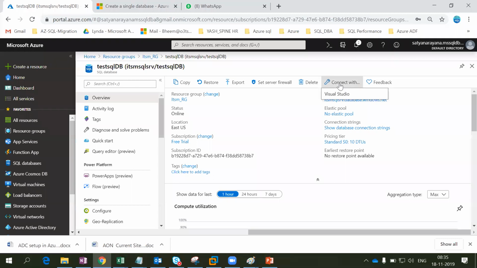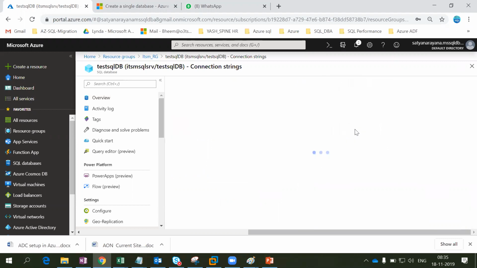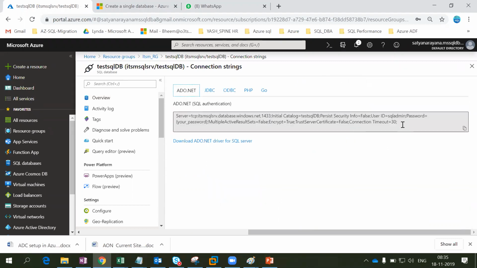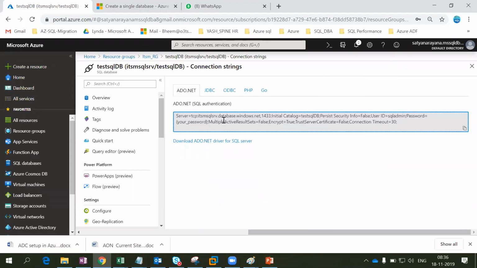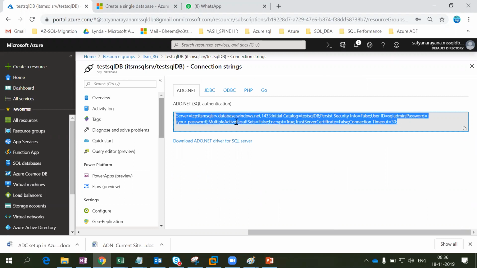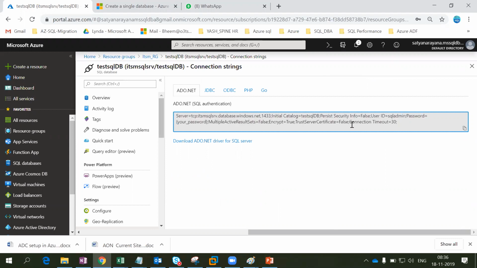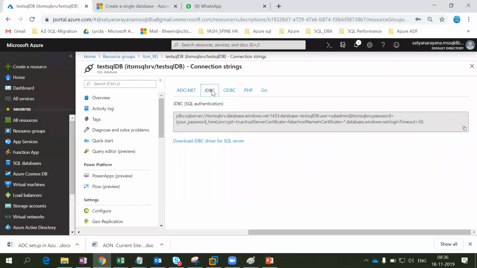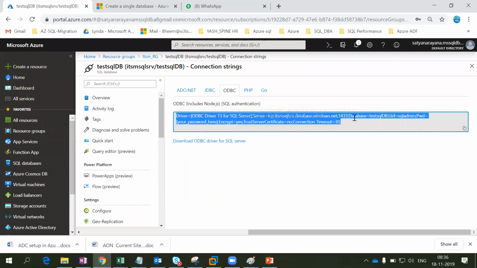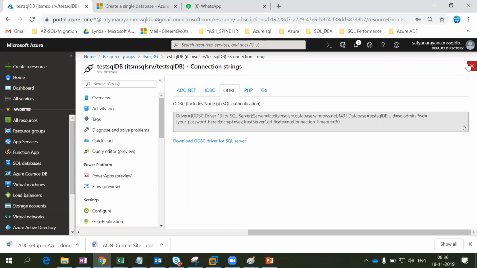Let's see the connection in Visual Studio. The connection string shows multiple connection strings here. You would have to share this with the application team. If they are using a .NET application and ask for the connection string, you have to give this one, including the database name and all. Only this ID can connect. Or else, a JDBC connection is there, so you copy and paste it, and an ODBC connection is there too. We copy this and they can connect the application. You have to keep that in mind.